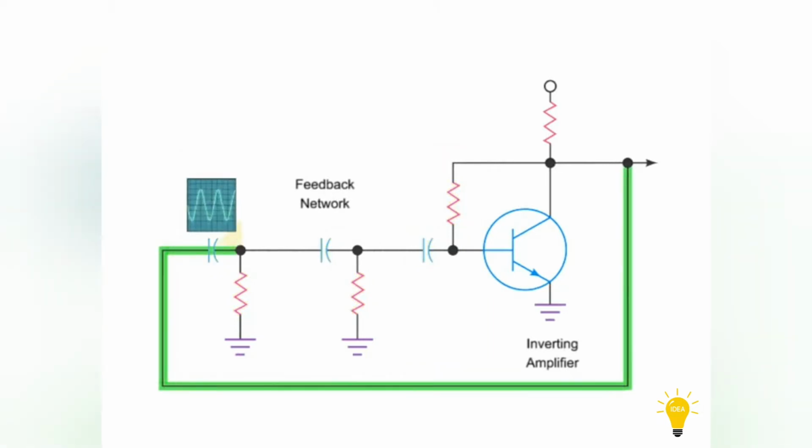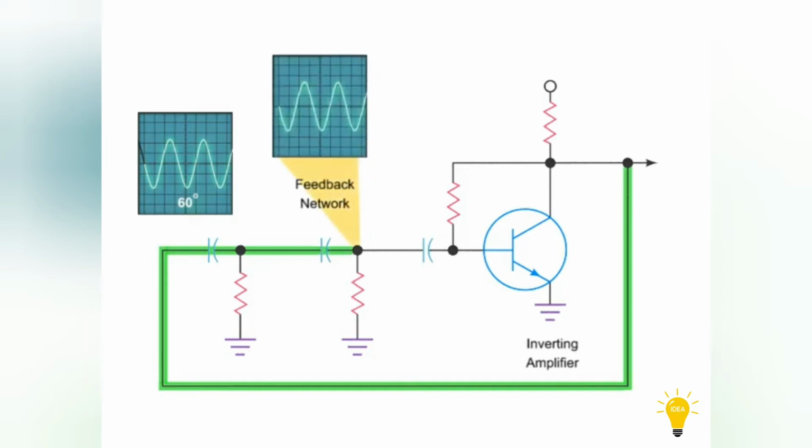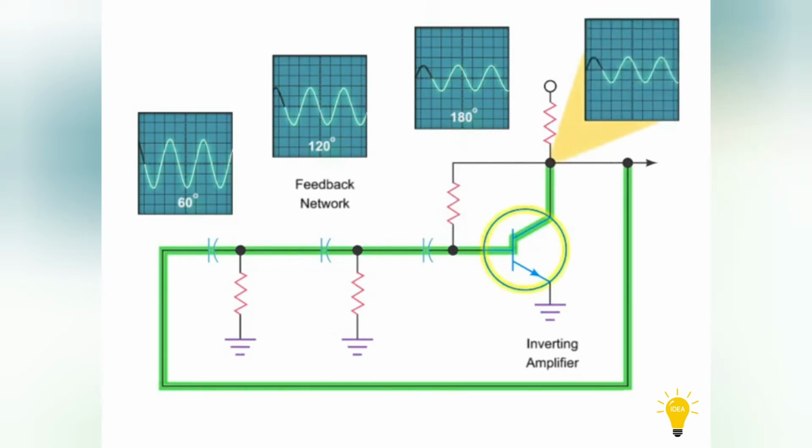Each of these capacitor and resistor units will shift the phase of the signal by 60 degrees. However, passing through each unit will also incrementally decrease the size of the signal. So, by the time the signal leaves the network, it will be 180 degrees out of phase and reduced in size. Finally, the 180-degree out-of-phase attenuated signal will pass through the inverting amplifier, where it's amplified and shifted 180 degrees